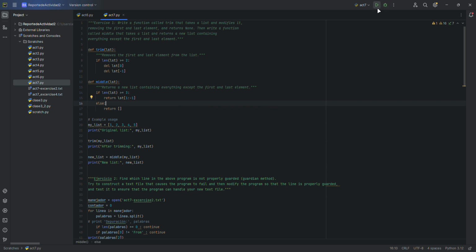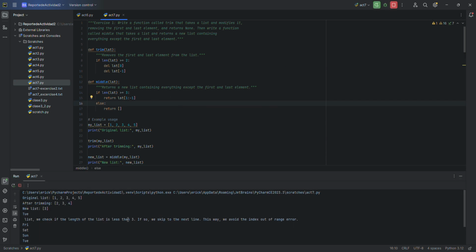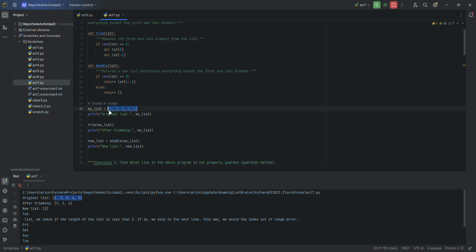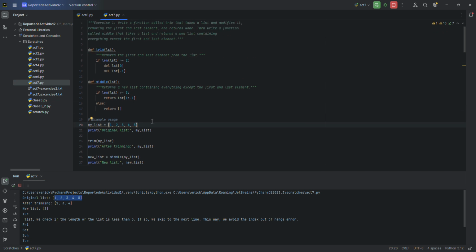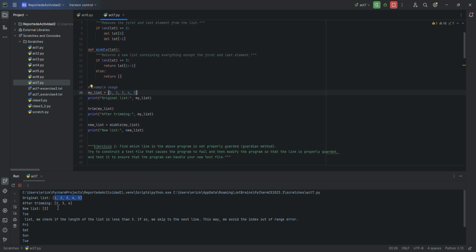So let's run the program. And this is the original list 1, 2, 3, 4, and 5. Here's the numbers. After the trimming, we have 2, 3, and 4. Trim. And finally, we have the new list that is a tree right here. Now let's go with the